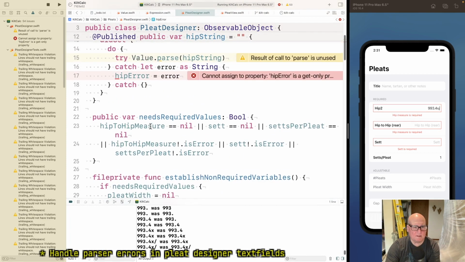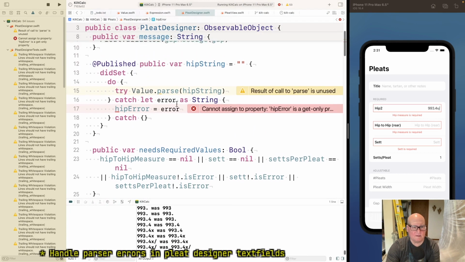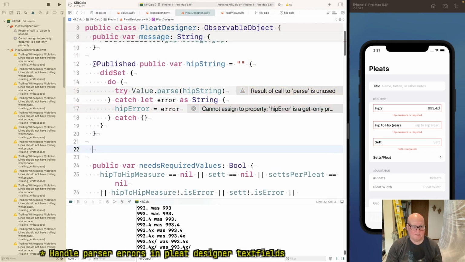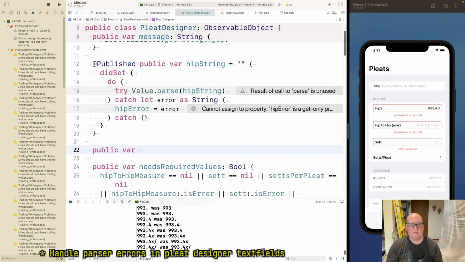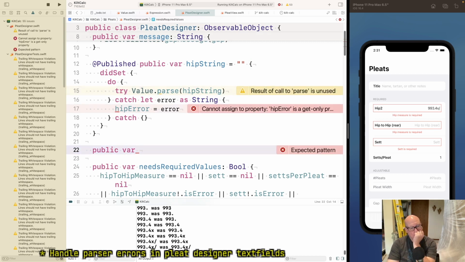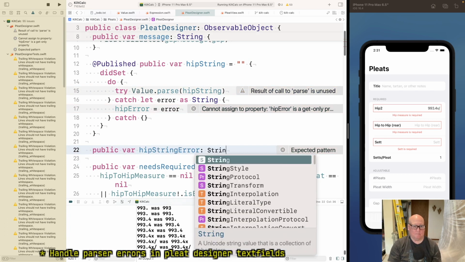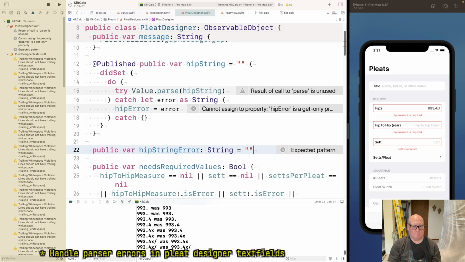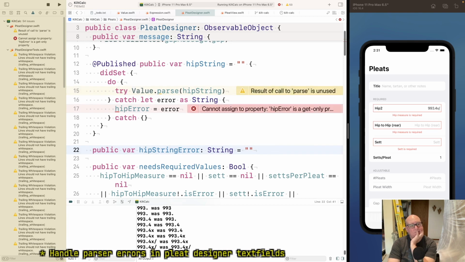All right, let's make a hip string error for now. No, that's not.